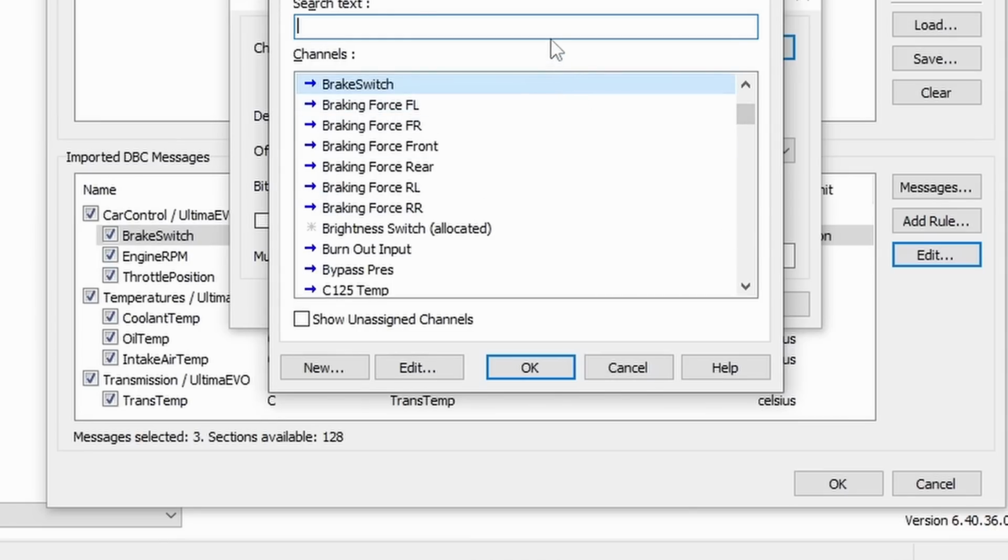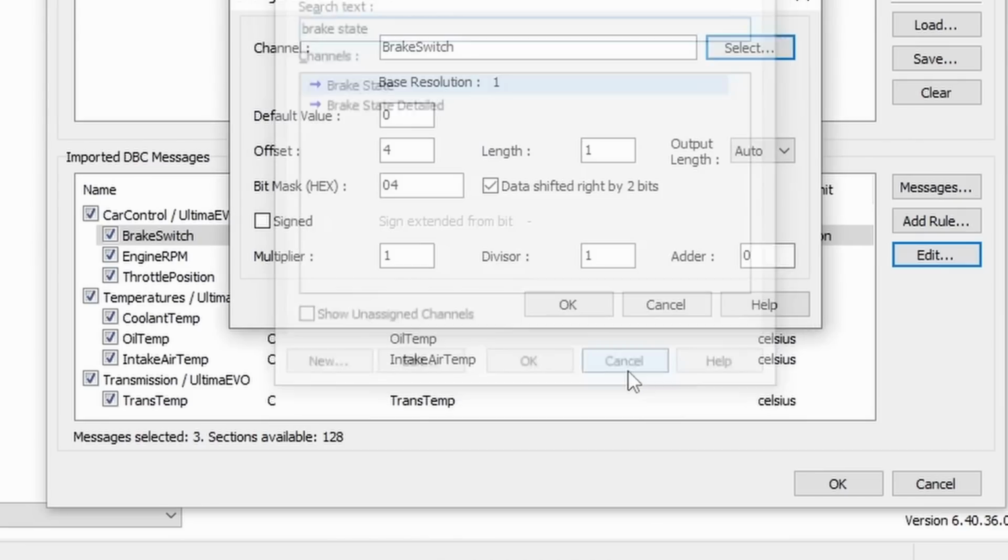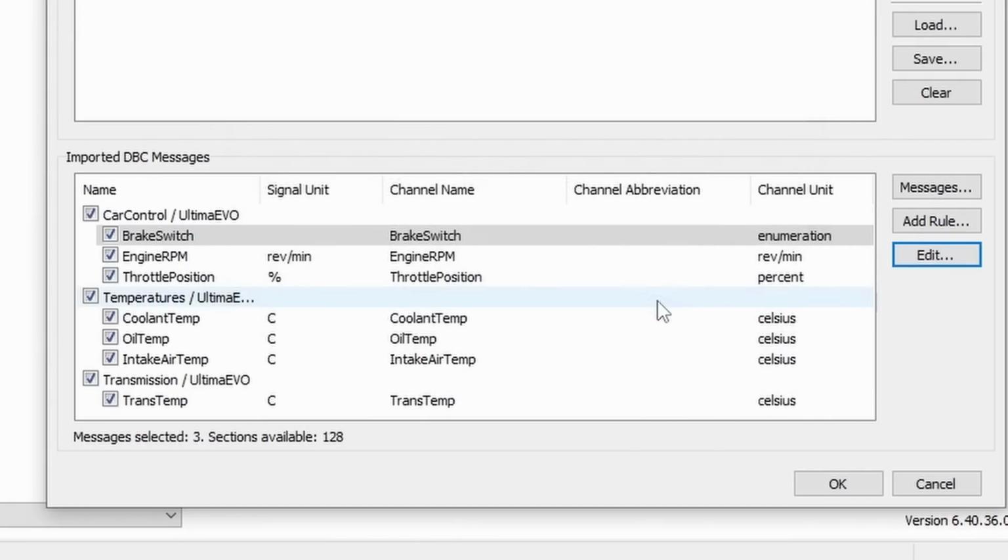In fact, I believe there's one called brake state. There is. I'm just going to leave this as is, but I just want to give you an idea. If your naming convention isn't right or accurate and you want to use a default MoTeC naming convention, you can select their channel here. But I'm going to cancel all this. And the other thing we will look at is when I do edit one of these,